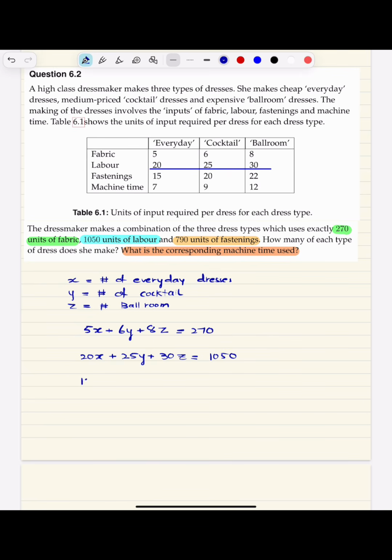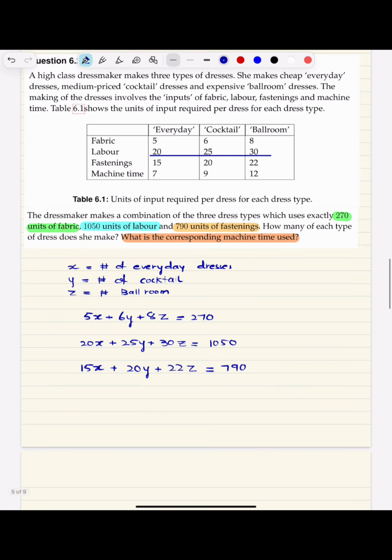Moving on, 15x plus 20y plus 22z should be equal to 790. And then we are not basically given any constraint on the machine time, so we can't actually make any corresponding fourth equation,